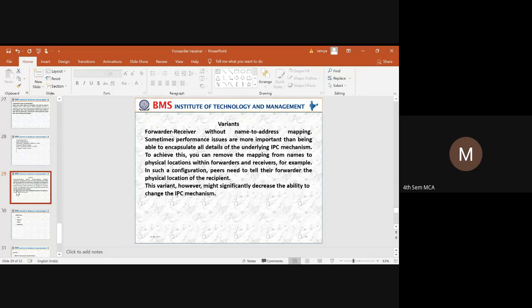There we can use it for address name to address mapping. So here what happens? It uses an IPC mechanism to encapsulate all the other details. So it can remove the mapping with respect to the forwarder receiver, if it is not providing any other services.